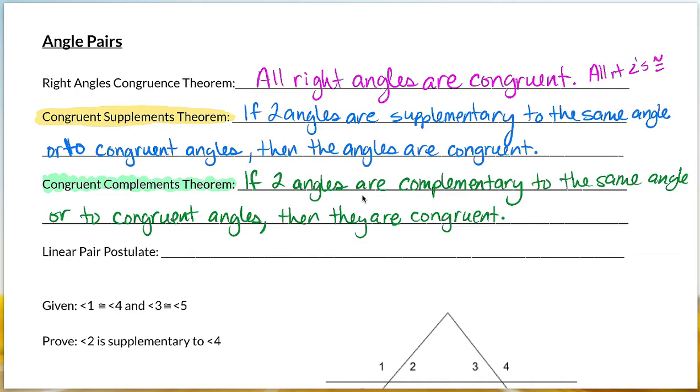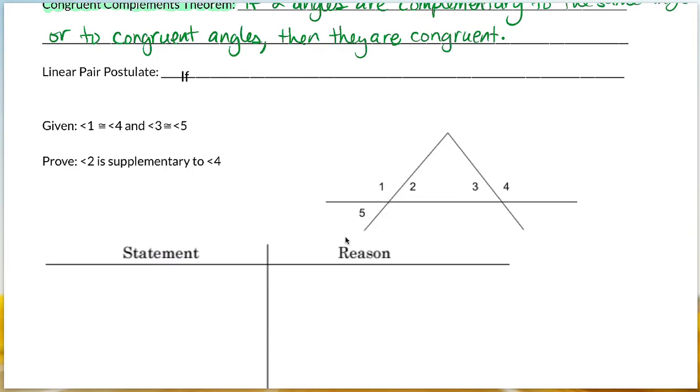So I'm going to try to get where I can add that. If two angles form a linear pair, then